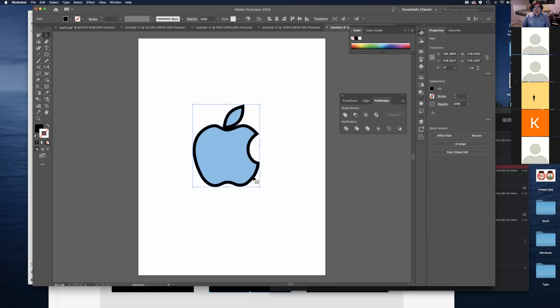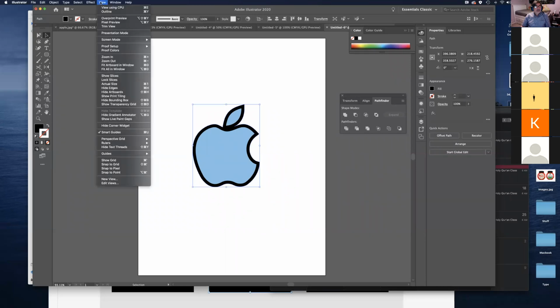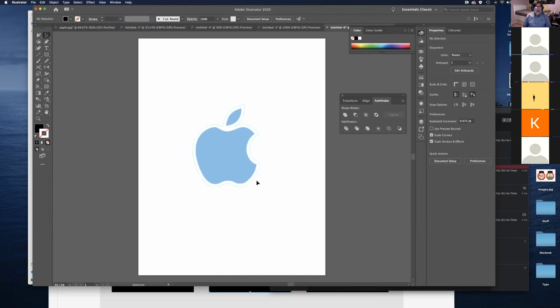Okay, but remember, we don't want this to be black over here. The reason why I created that new object was that if I go to View and Guides and choose Make Guides. I usually use my keyboard shortcut, so Make Guides is Command 5. So when I do this, this object which was black, it doesn't matter what